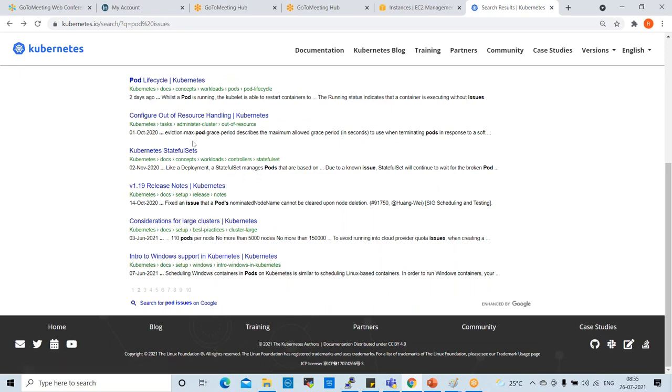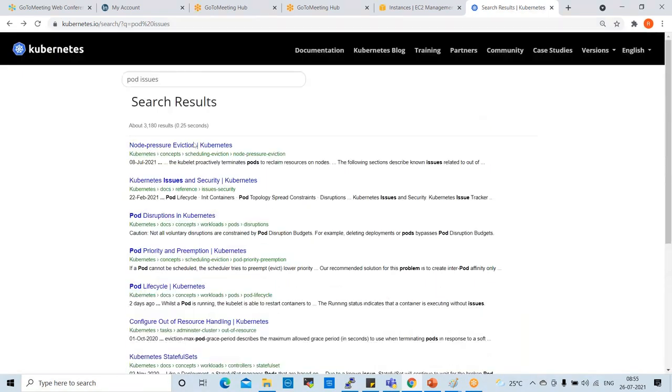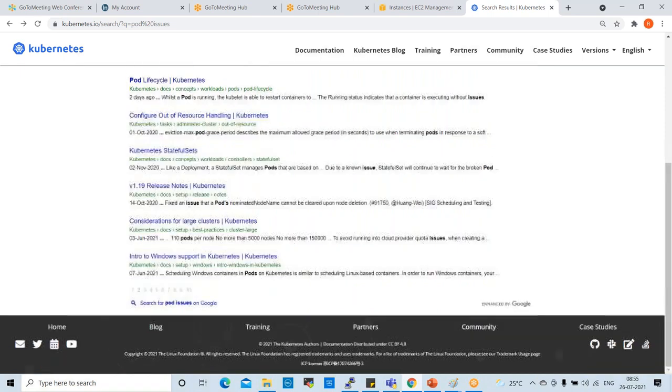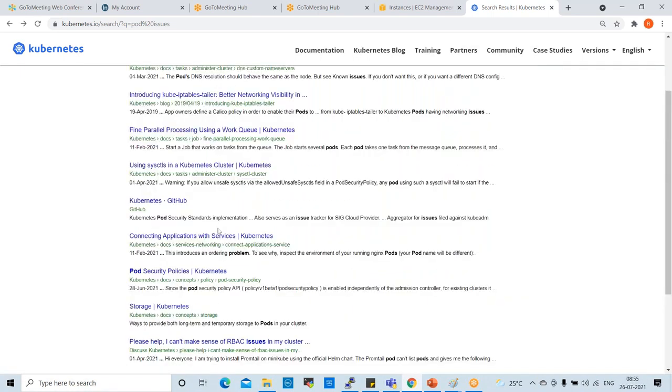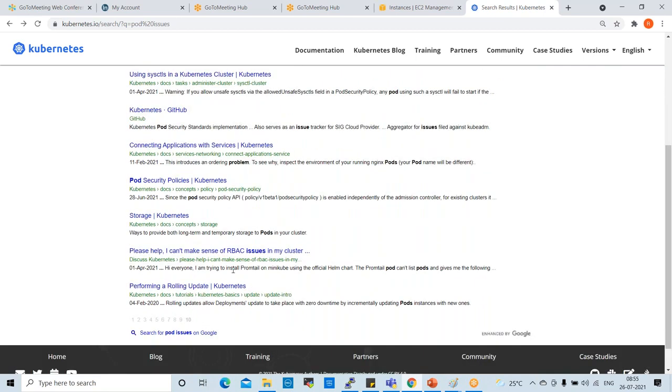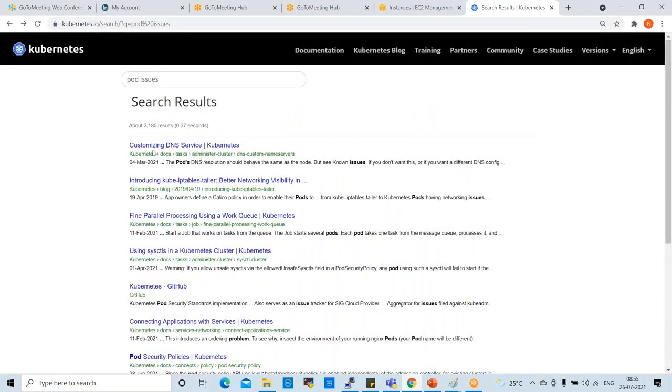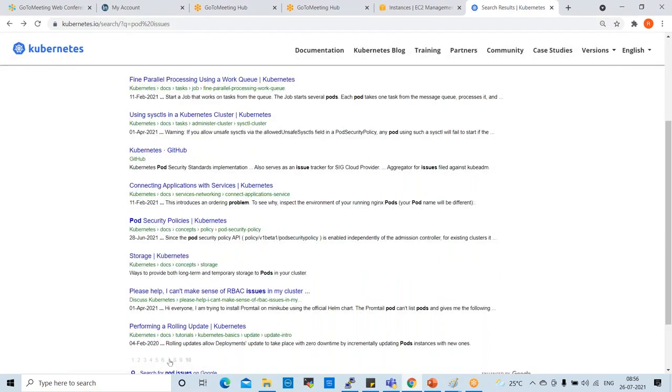Now like this, you can go to Kubernetes blogs and check the regular issues, like Kubernetes stateful sets. You can check the issues in the blogs. Whoever works on Kubernetes will update in this.